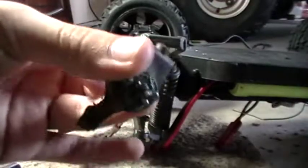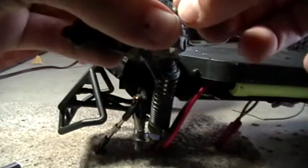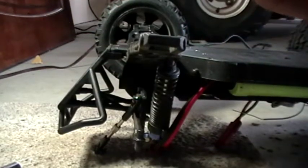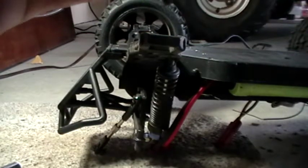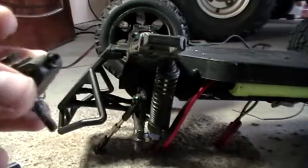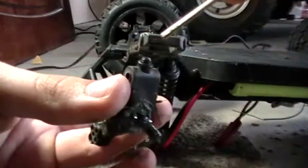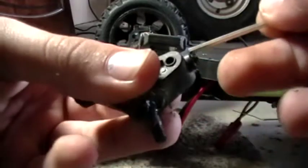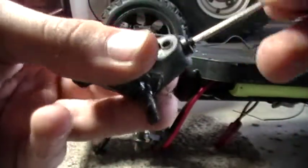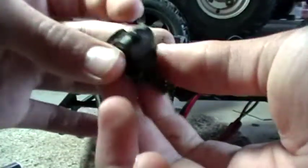You should be able to take this off now once you've gotten your pin out. Okay. So anyways, then you're just gonna tighten this screw back in. This is the screw that was right there. Just gonna tighten this back in a little bit just so it doesn't fall back out. Okay. So once you got that tightened on,